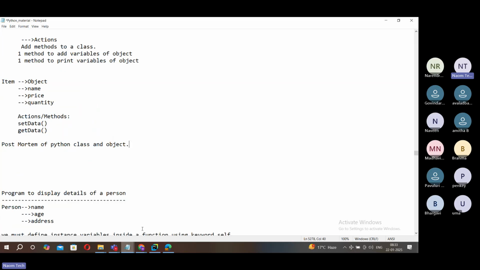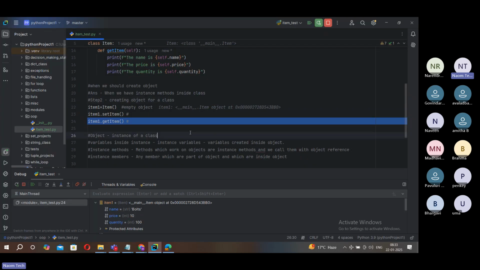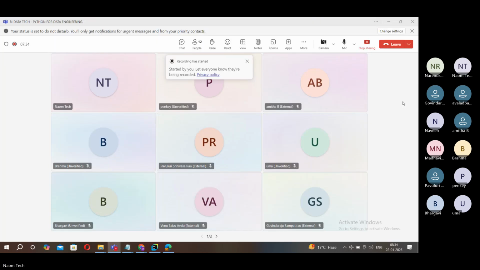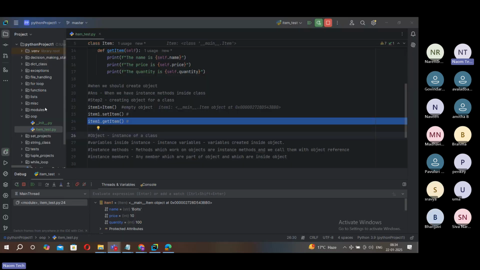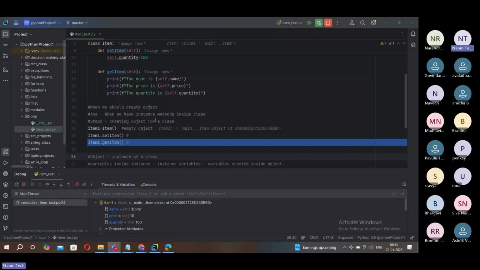Yesterday we were talking about classes and objects. So we just had a discussion about a simple program: what is a class, what is an object, how to define a class, how to create an object, and we did a quick debugging of the program. Today I'll give a bit of postmortem on classes and objects, and then we jump to the next topic,